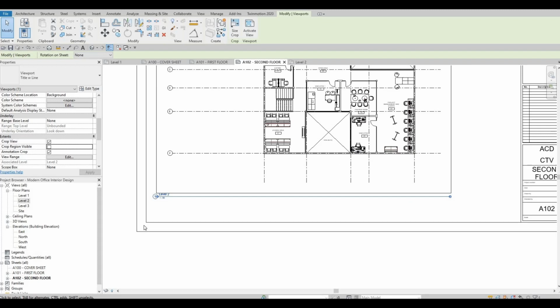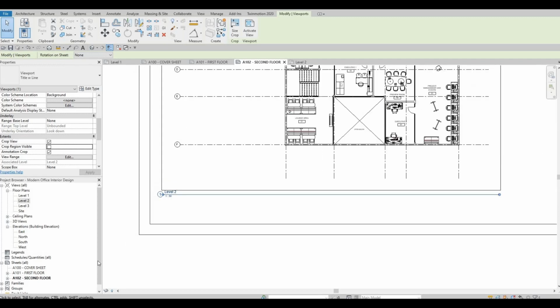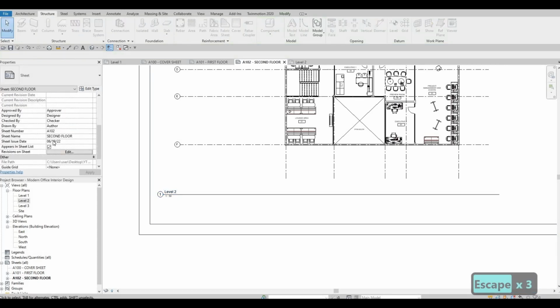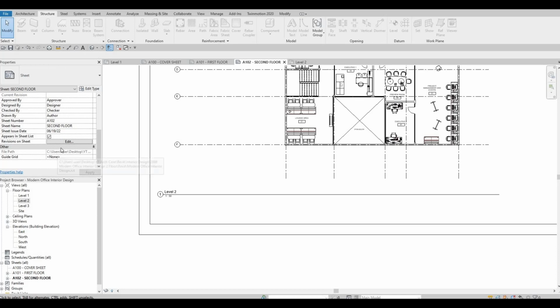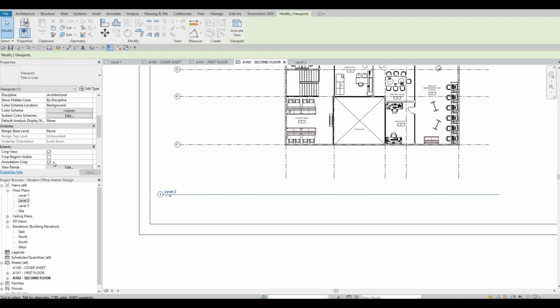But we have a problem in our first floor and second floor. As you can see, it's saying level 2 instead of second floor. To fix that, you just need to go to your viewport. So you can press escape, and then right here, sheet name is second floor. We want the sheet name to have the same name as the one right here, the tag. So what you need to do is you just need to change it by selecting the title or the tag,